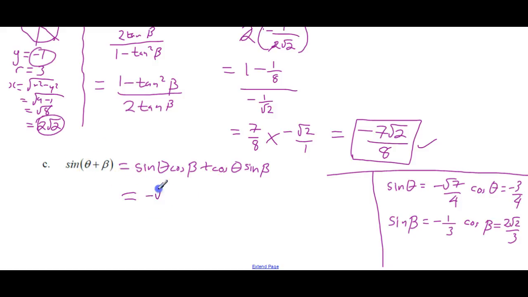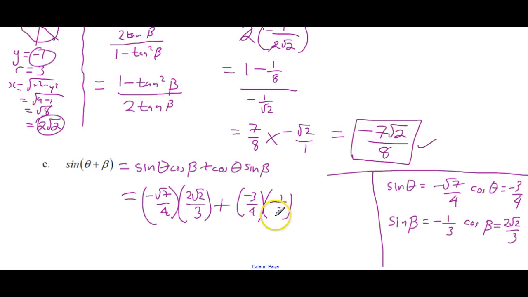Sine theta is -√7 over 4. Cos beta is 2√2 over 3. 2√2 over 3 plus cos theta is -3/4. It's actually a nice number. Sine beta is negative. That's also a nice number, -1/3, right? Ooh, these guys are going to cancel down. Dang, you can barely see the negative there. That's okay. What was this? -3/4,